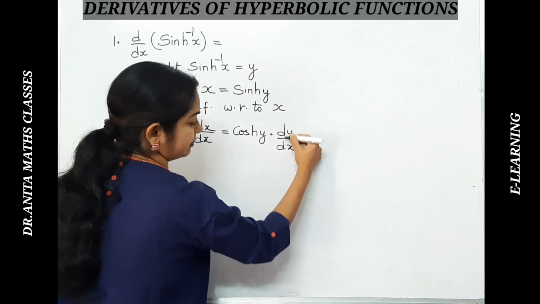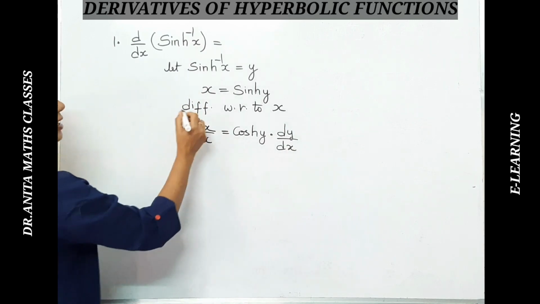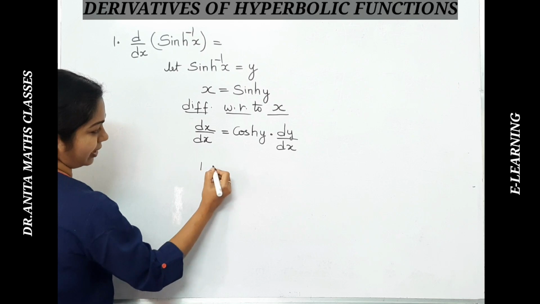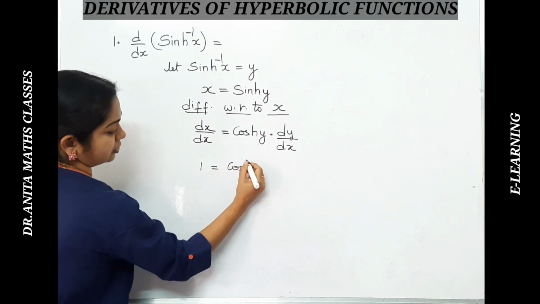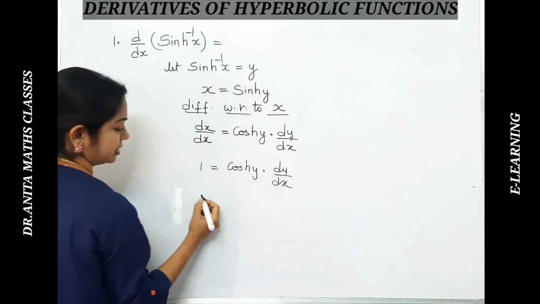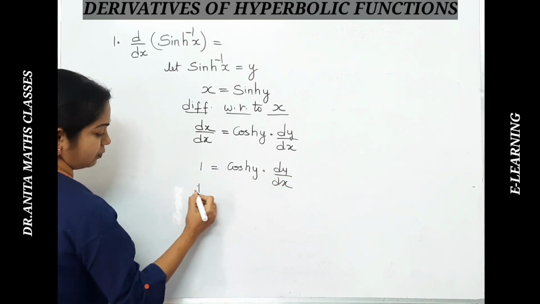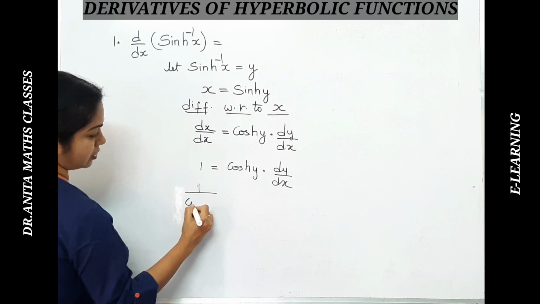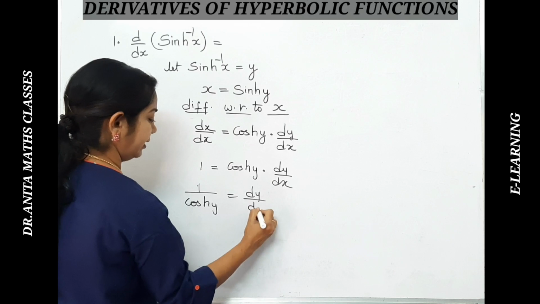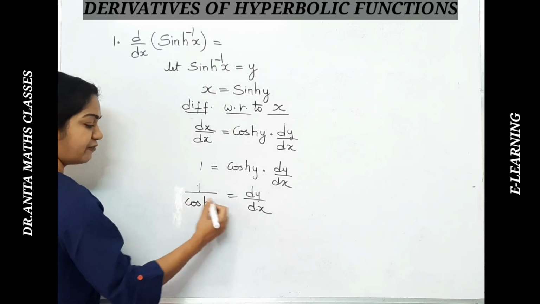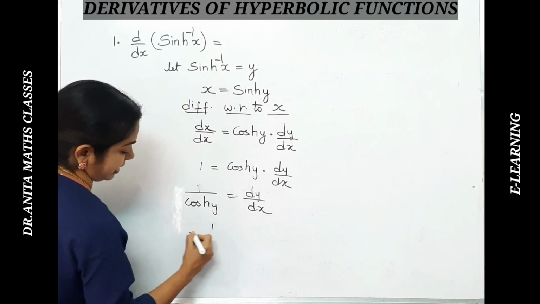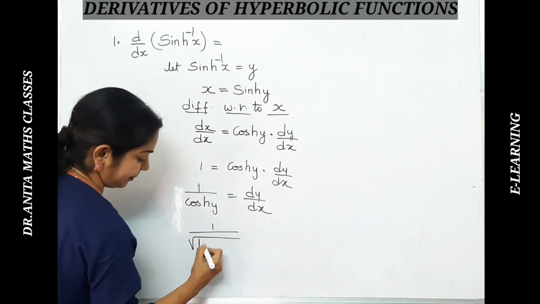So again I am differentiating d by dx of y. Since we are differentiating with respect to x, that you should keep in mind. This is 1 and is equal to cos h of x dy by dx. If you shift this to this side, 1 by cos h of x is equal to dy by dx. So here from the first hyperbolic identity, we can get this as under root of 1